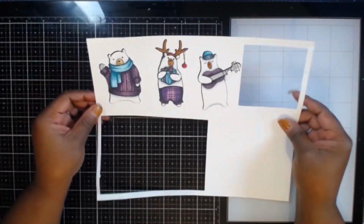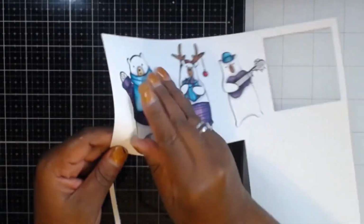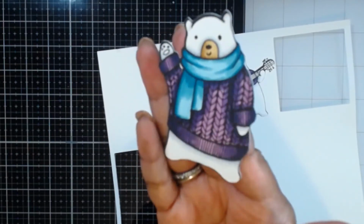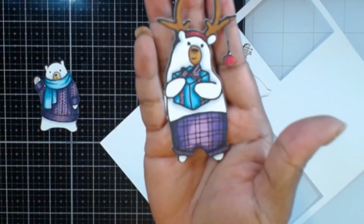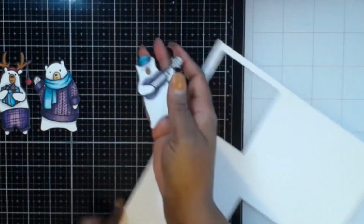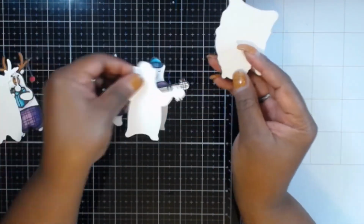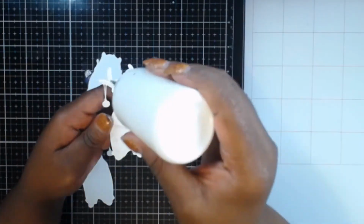So what I've done is I had my Cricut print then cut these, and I went ahead and colored them up off camera with some Copic markers using some purples and blues because it matches the pattern paper that I've decided to use for today. So these are what our bears came out looking like. I thought they were super cute, and one of the really good things about doing digitals is that you can stack them up like I'm doing here with some shadow images,